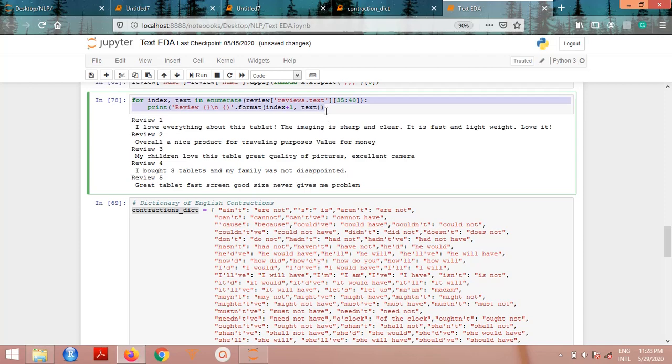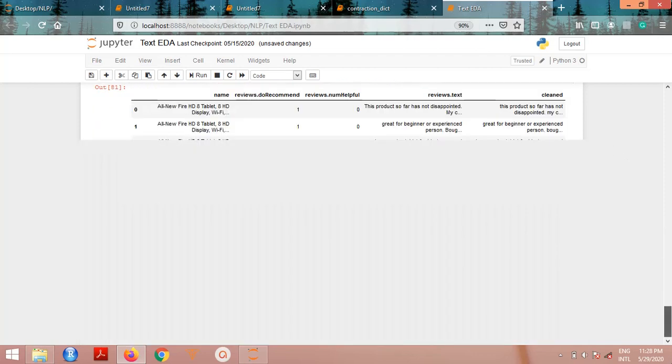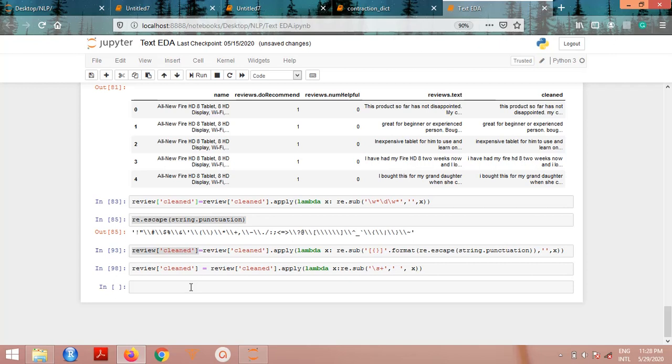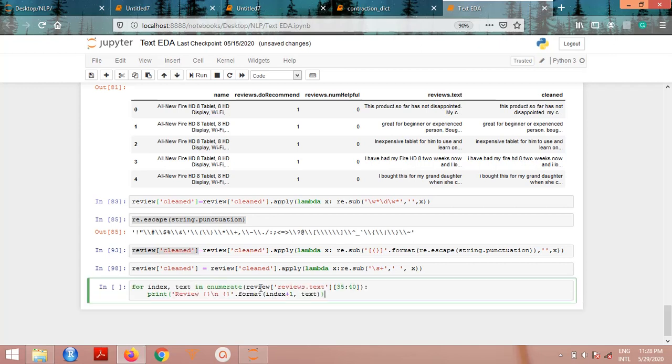Okay, so let's take a look at our data again. Control V. So now, what am I going to change? This is going to be cleaned now, not the text. Okay, so when I execute this,